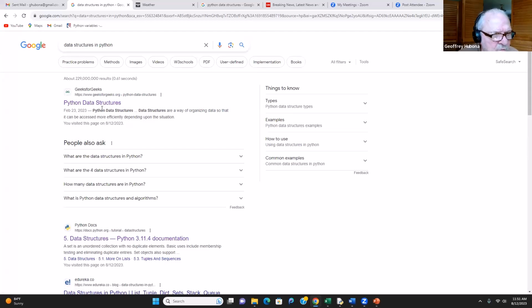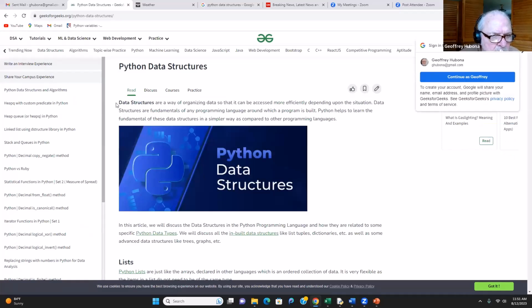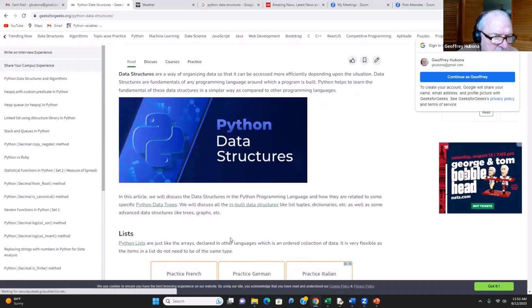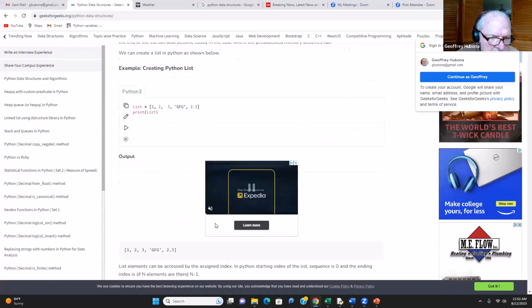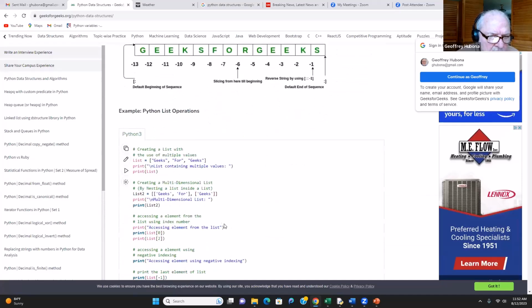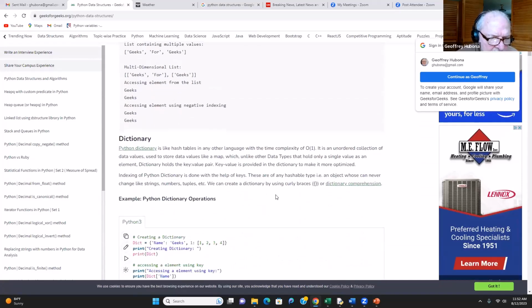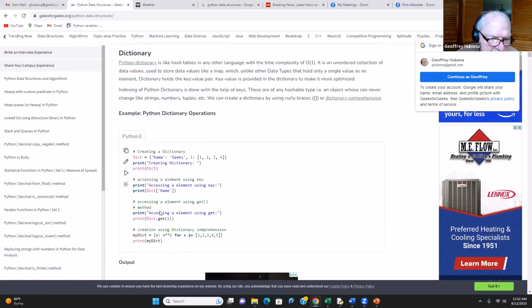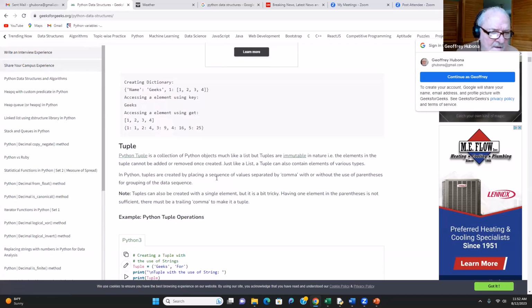Let's take a look at this first one here, Geeks for Geeks. It will give you a concise description of each type of data structure, lists with an example of things you can do to it, dictionaries that we're about to look at, the way you set them up and things that you can do to it, tuples that we've looked at,